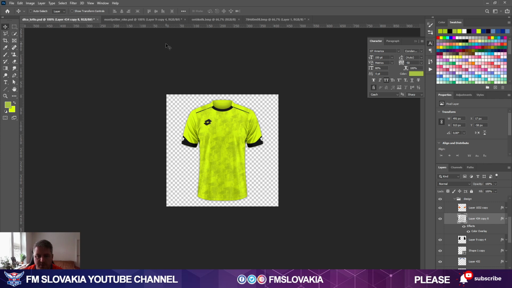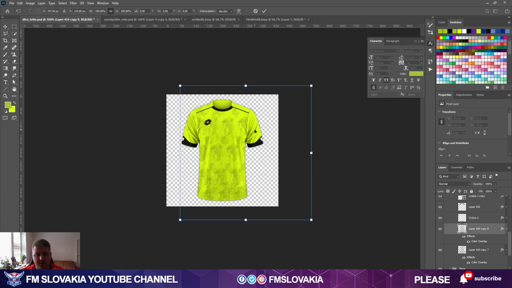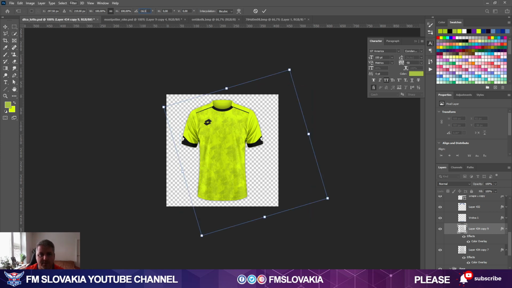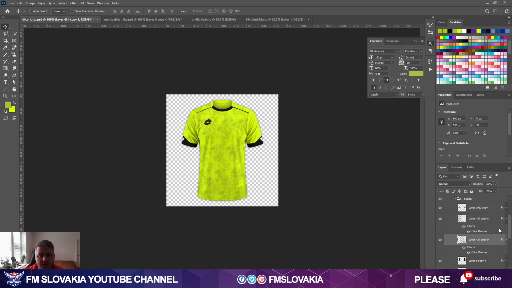Hit OK, move it to the left side, and again the same, duplicate the layer, Control T, minus 16.5 for the angle, move it up, move it to the right side,